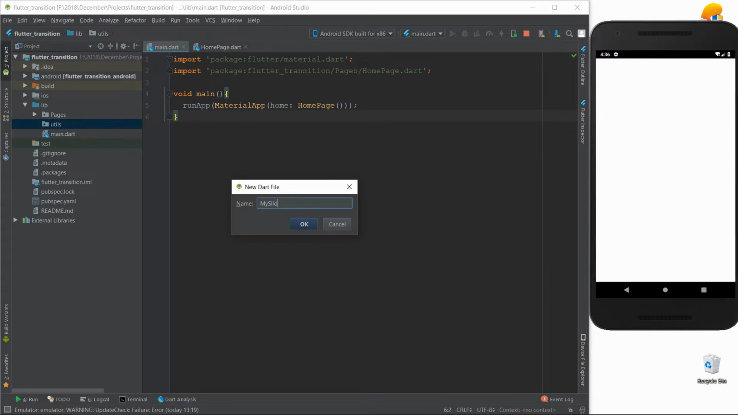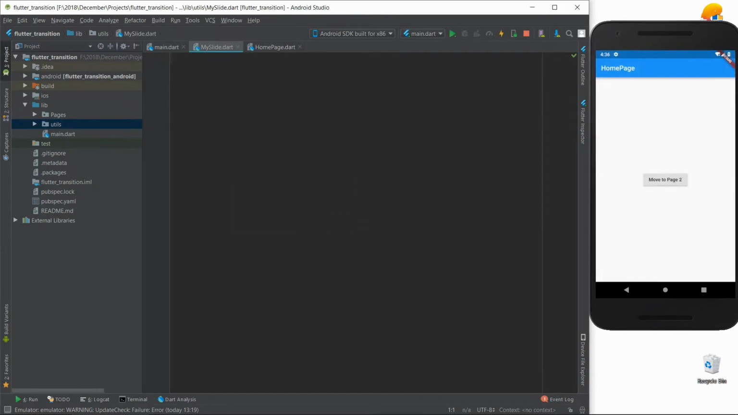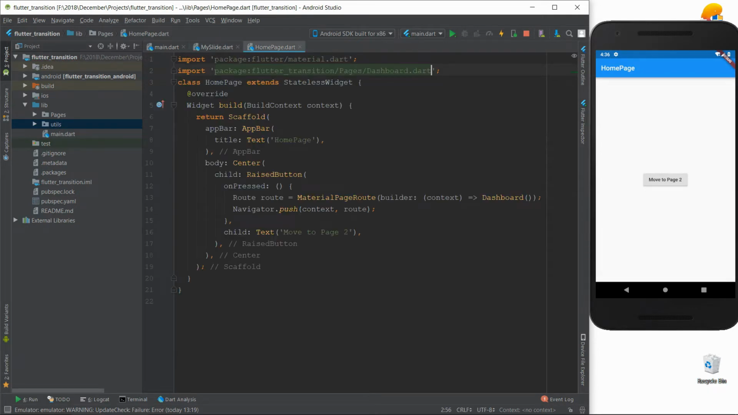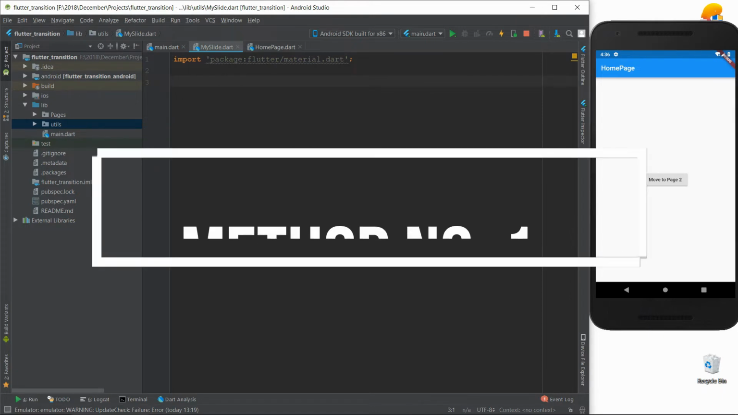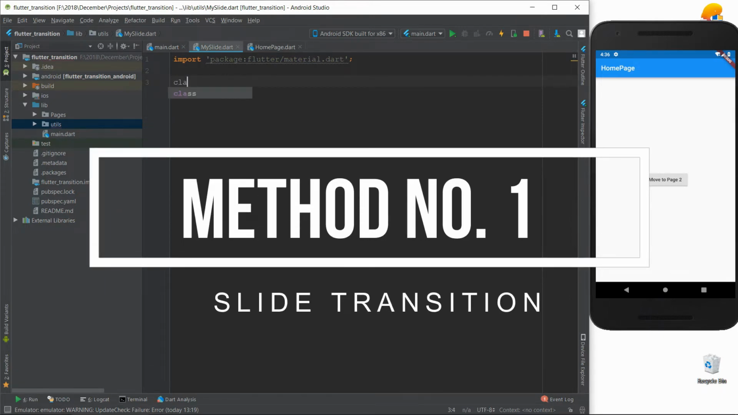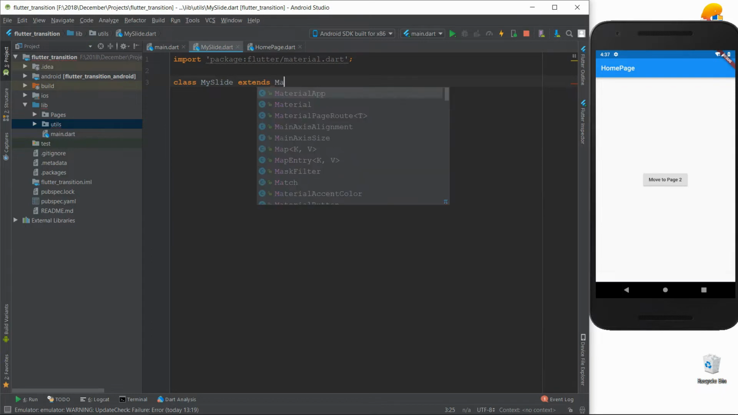This video is about the slide transition, so I am naming it MySlide. Let's see the emulator, how it is working. If you click on move to page 2, this one is working fine, and I am going to change the property of the transition. In the previous video I told you that MaterialPageRoute is responsible for the kind of transition you are seeing. In this video I am going to extend MaterialPageRoute and change some properties in it, and we will see the slide animation. MaterialPageRoute is a combination of slide and opacity animation, but we want only slide animation, so we can easily do that. Class MySlide extends MaterialPageRoute,